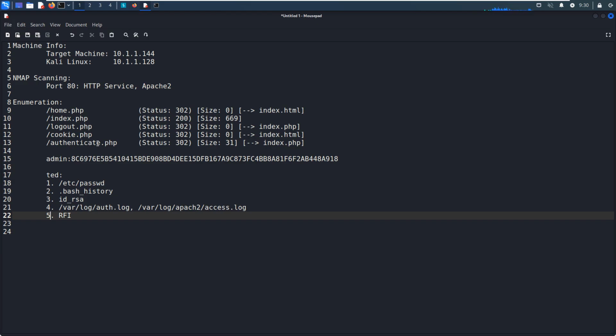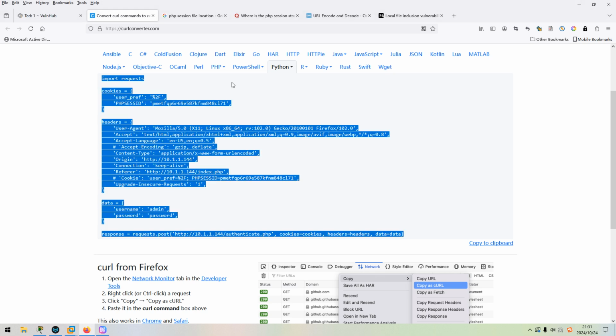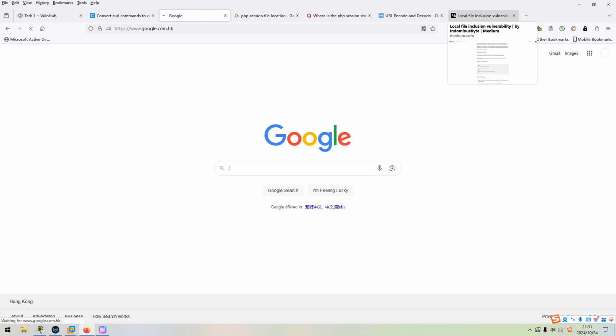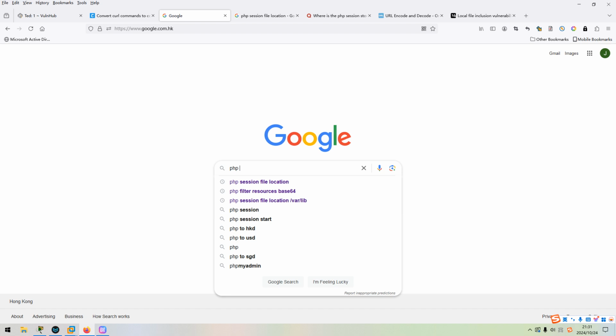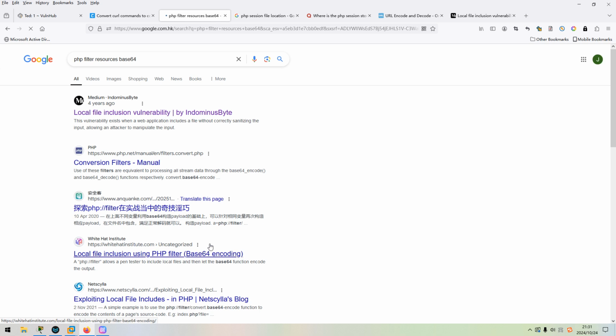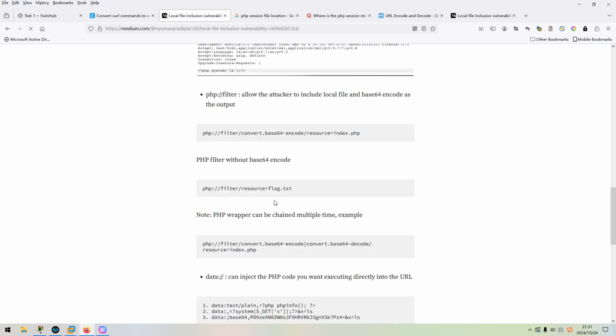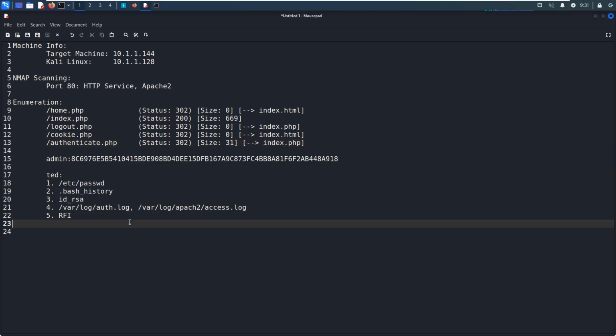Okay, but before we do that, I'd like to get the authenticate file, and to get the source code of this page, we can use some sort of filter. Okay, so we can use the PHP filter, and we can copy and put over here.